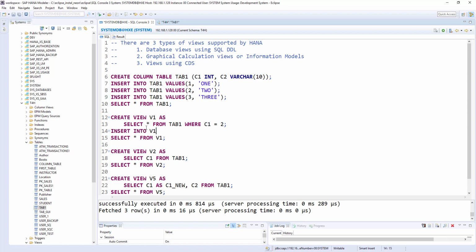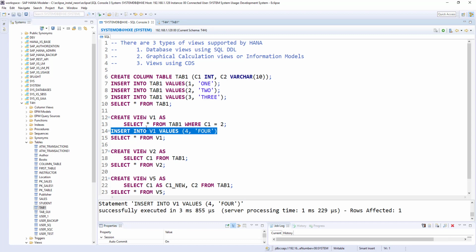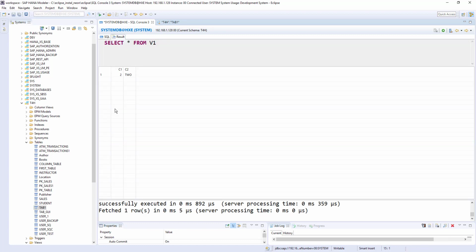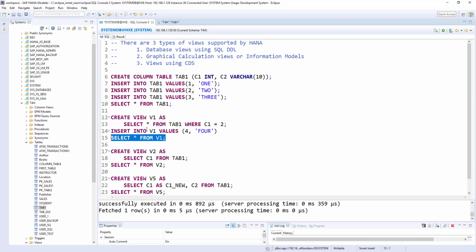Okay, so I am going to insert data into v1 values four comma 4. If I execute this, so it's executed successfully, and if I run select star from v1, so I got 2 2, even though I inserted record number 4, but my view is restricted to where c1 is equal to.